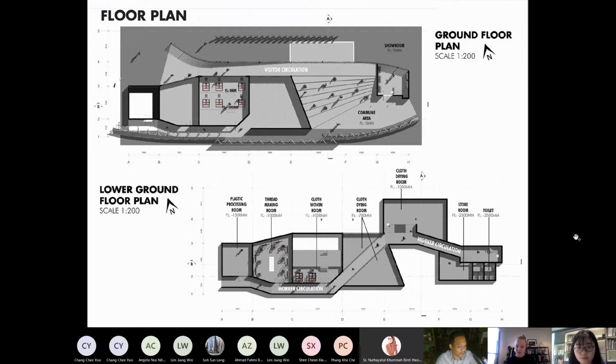I know you try to use the grid to help align the plan, but even the plan is not aligned. So I'm not so sure about the lower ground floor plan. I mean, the cloth drying room: does cloth drying need that particular geometry, or is it, for lack of a better word, too much stylization in the planning, but very little exploration of the actual part, which is the ornament? So that's what I have to say. Yeah, thank you.